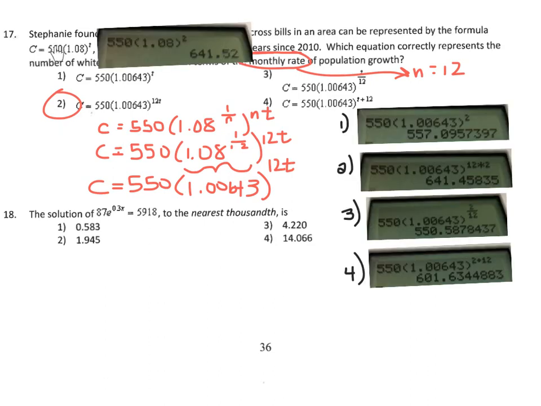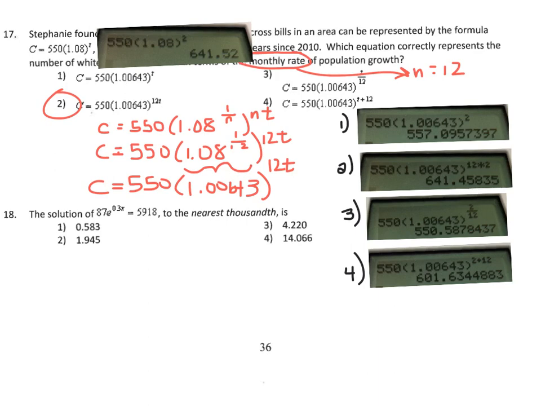I took the original, just the right-hand side of the equation. So I took this expression and replaced the t with a 2, and this is what I got in my calculator. Then I took each of the answer choices. So here's the first one. I substituted this t with a 2, and this is what I got. Okay, I took the second answer choice, and I replaced this t with a 2, and this is what I